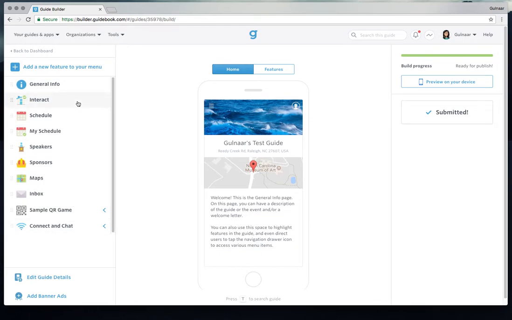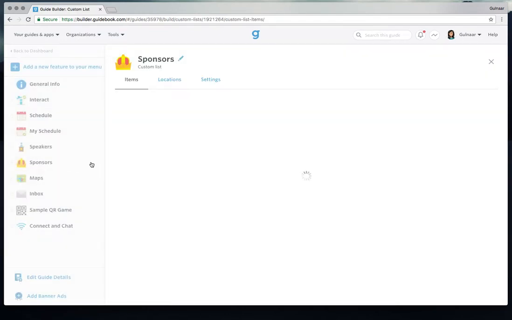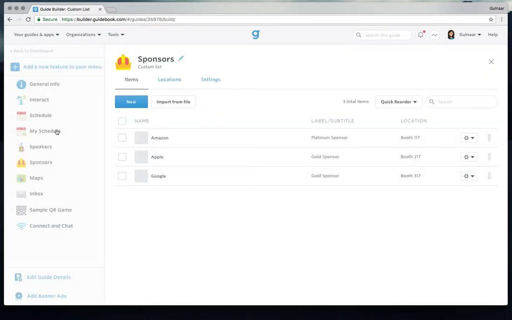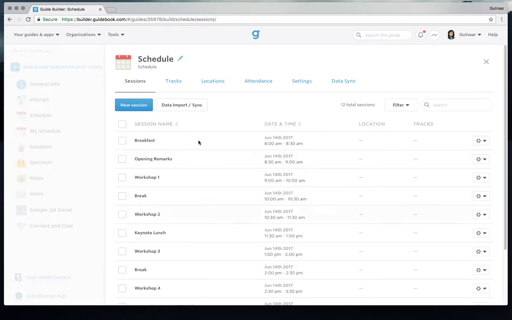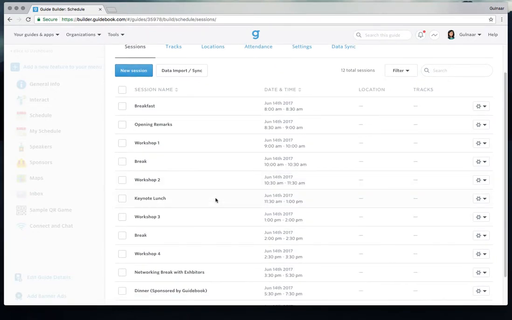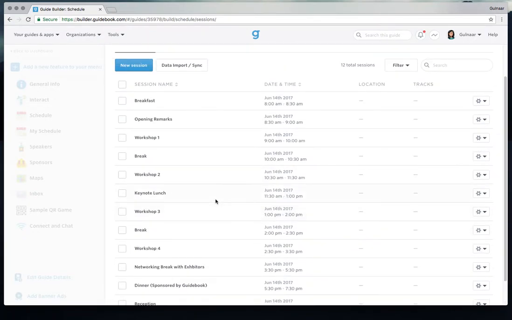So before you get started, you need to add content to Builder. For example, you need to have your list of sponsors, or you need to have your schedule sessions in your guide. Then make sure that you have added locations for each of these items. My schedule currently is a little bare. It doesn't have any locations noted here. What we'll do is we will